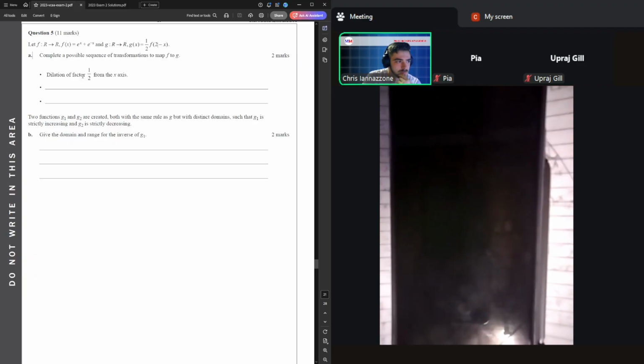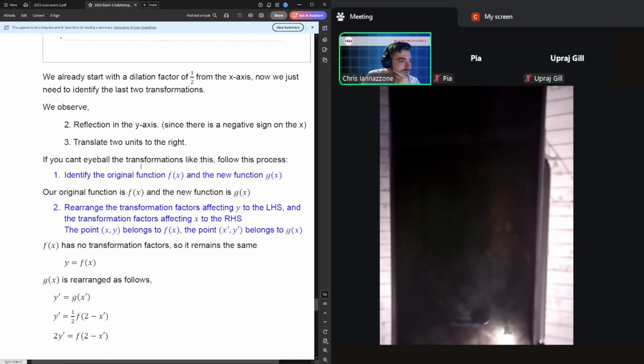Typically speaking, most people end up doing a DRT type method where you do the reflect first and then the translate. The only challenge with that, of course, is that you have to do a factorize. You have to take that negative out the front. So if you do it that way,